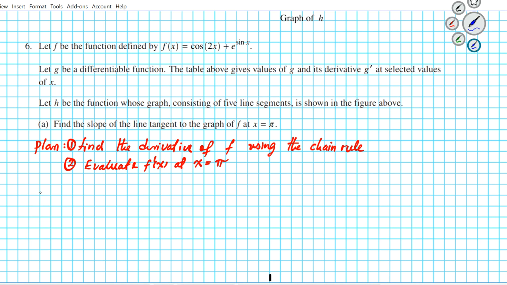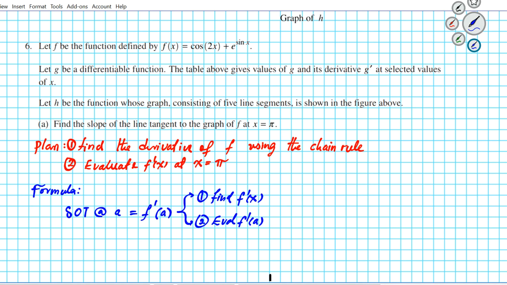Now let's go ahead and write down the formula that's going to guide our problem solving process. So the slope of the tangent line, let's call it SOT, at a specific a value is the same thing as the derivative at a. Okay, and this is a two-part process. First part is the calculus step where you find the derivative, and then the second part is the arithmetic step where you evaluate the derivative at the a value. All right, so don't forget